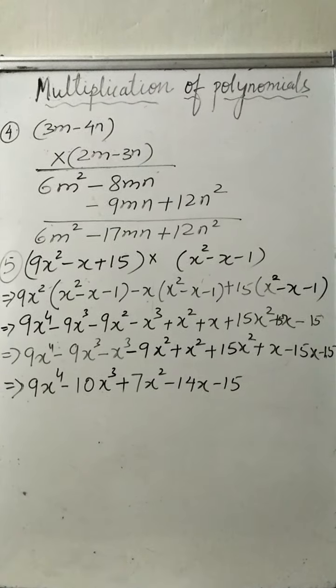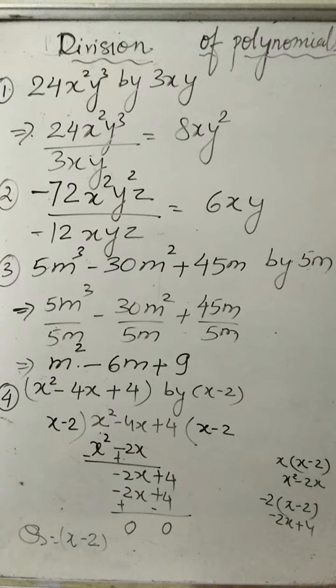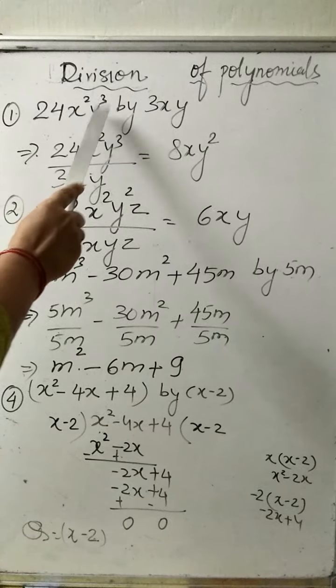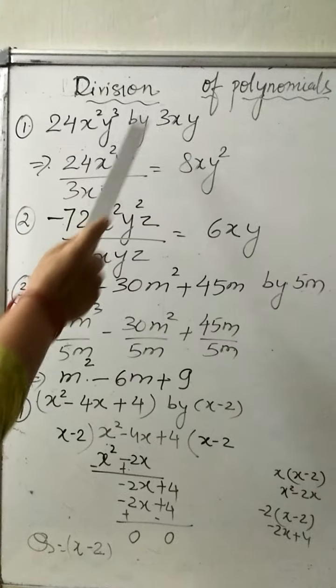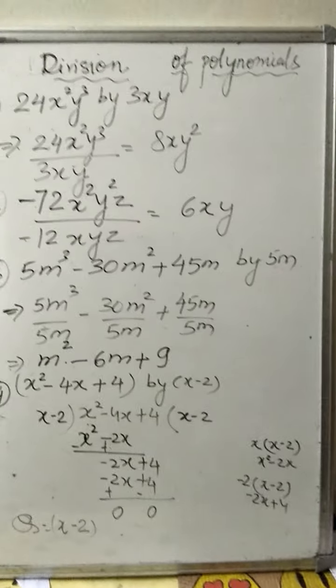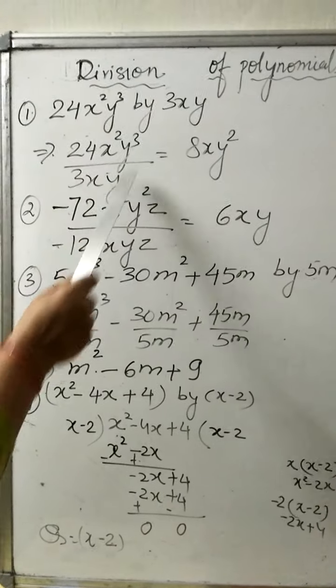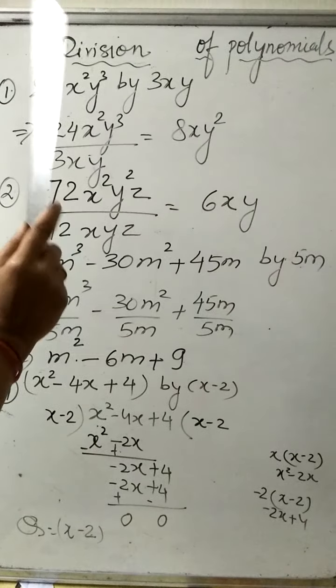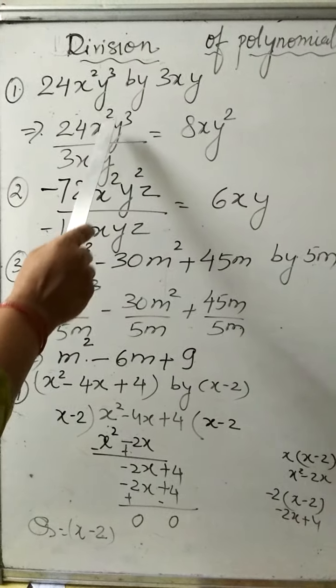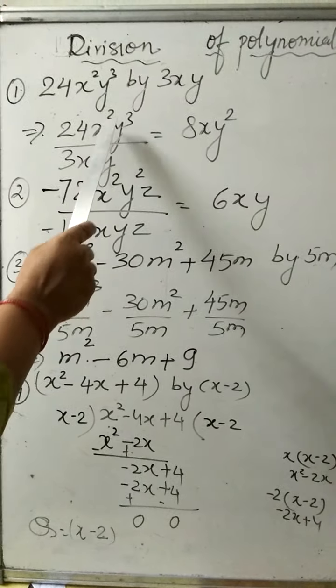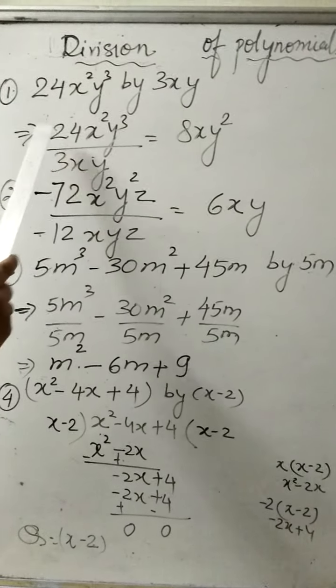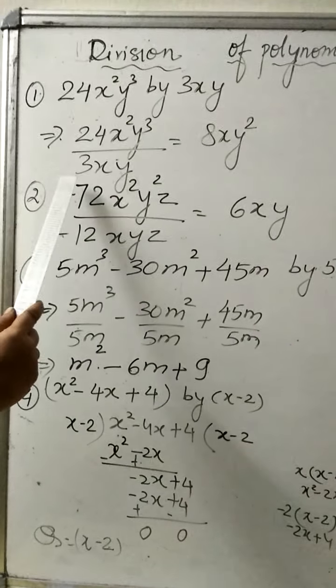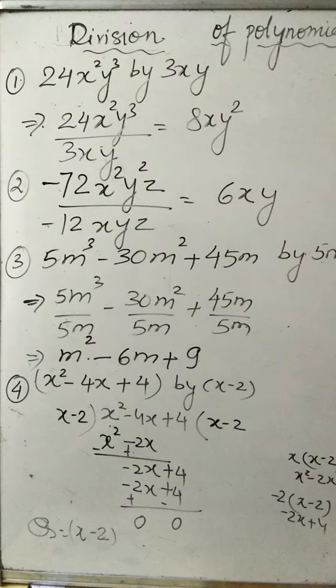Now we are going to learn how to do division. Here we are dividing a monomial by monomial. 24x square y cube by 3xy. So you can divide this directly. If there is monomial, then no issues. You can divide it like that. So from this y, 1y and 1y will get cancelled. Y square will remain. 1x will get cancelled and 1x will remain. And 3 8s are 24. So the answer is 8xy square. This is how we are dividing. If 24 carries negative sign, then here will be negative sign. Either 24 or 3, if one carries negative sign, you will get one negative sign.